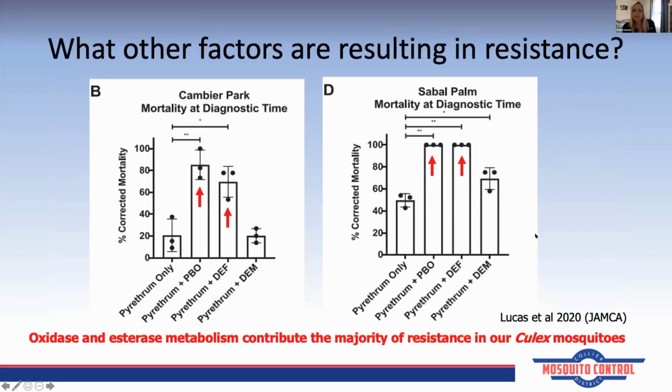We also performed the modified CDC bottle bioassay to look at metabolic resistance. We exposed both populations to inhibitors. Those inhibitors included PBO, which looks at oxidase metabolism, DEF, which looks at esterase, and DEM, which looks at your glutathione transferases. And so with both Cambier Park as well as Sable Palm, we saw an increase in mortality